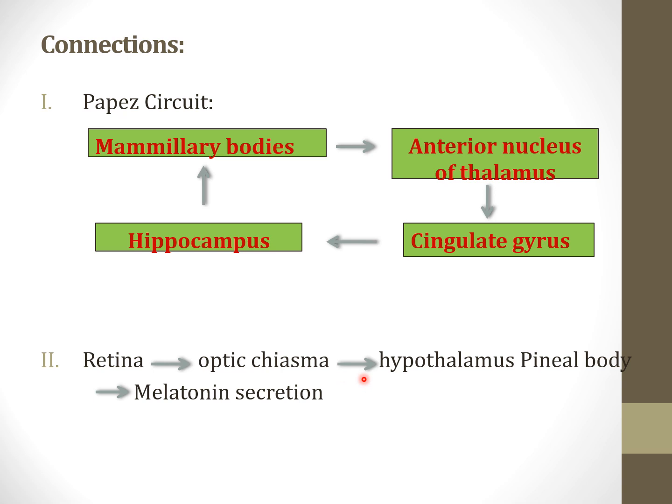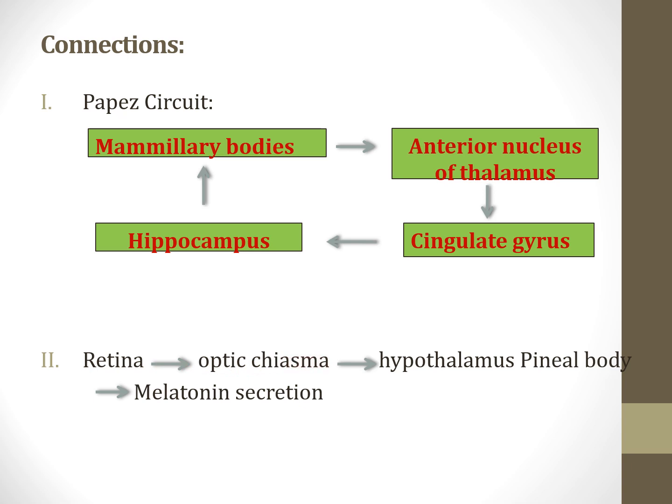What is circadian rhythm? It is nothing but the day-night variation. How the melatonin secretion, then ACTH secretion, vary. The cortisol secretion varies. Their variation is seen in this day-night cycle. So why is this hormonal secretion variation seen? This is due to the visual fibers which are coming from the retina.